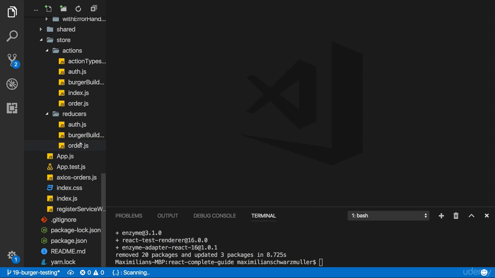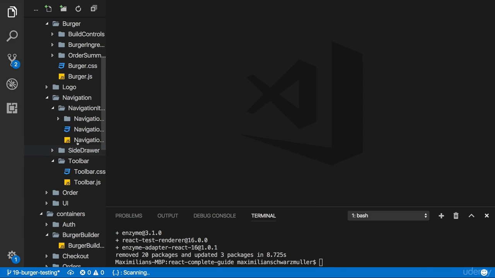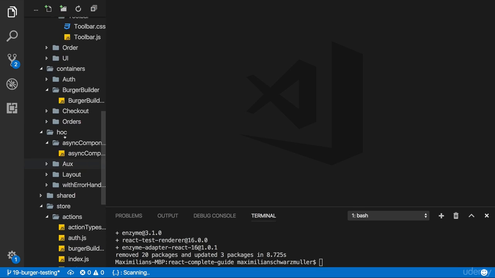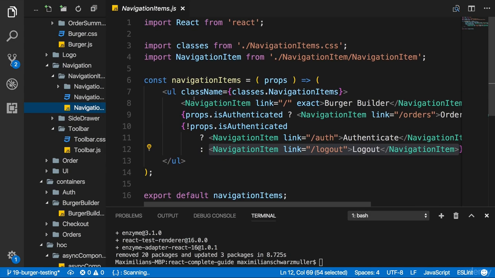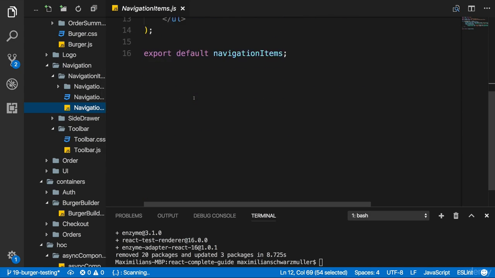And I want to start with writing a test for a component, because obviously in React we talk constantly about components, so why don't we start with testing one? Now let me start with a functional component here, because that's of course a super easy way of testing. And then we'll also move ahead to containers and thereafter to Redux. Now I want to start with my navigation items component here in the navigation folder in the components folder. That's the navigation items component.